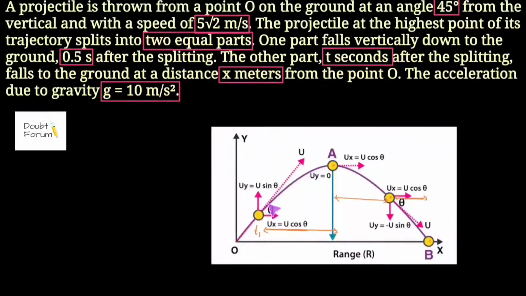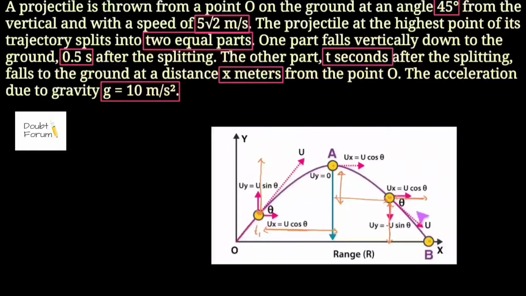The only component which is causing this projectile to move in the x direction is the horizontal component of the velocity. Now coming to the vertical component, we can see when the object is moving forward, it is gaining certain altitude. When the body is here and it reaches to point A, it has gained certain height or altitude. Similarly, when the body moves from this point to this point, it has also gained some height in the minus y direction. So like this. Similarly, when the body reaches from this point to this point, it has moved in the minus y direction with a certain value. So basically in projectile, there is a combination of two motions. The first is due to the horizontal component and the second is due to the vertical component.